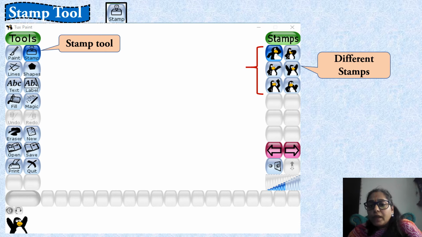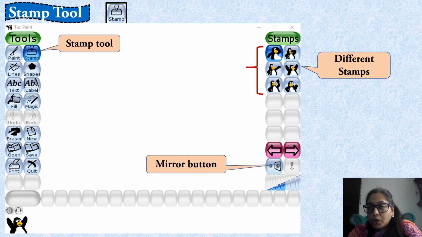Now at the bottom of the stamp toolbox, one button is given. This is called the mirror button. Using this mirror button, we can change the side of the stamp.